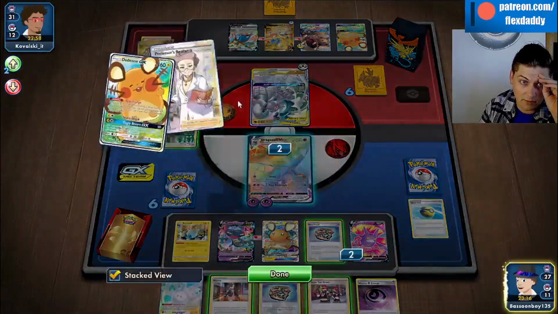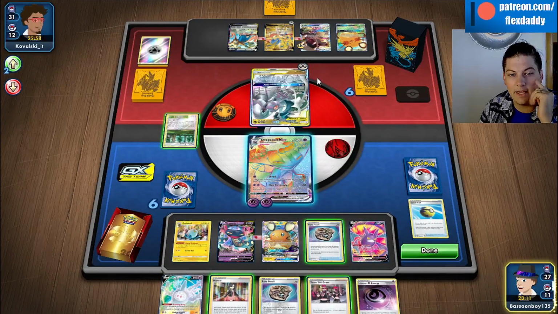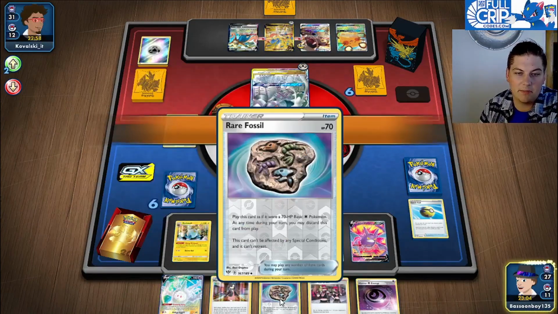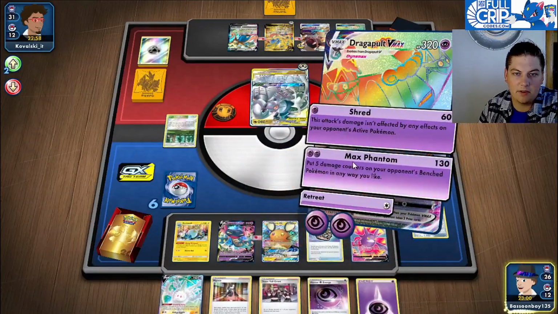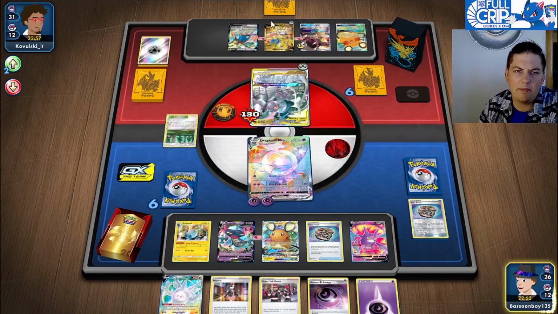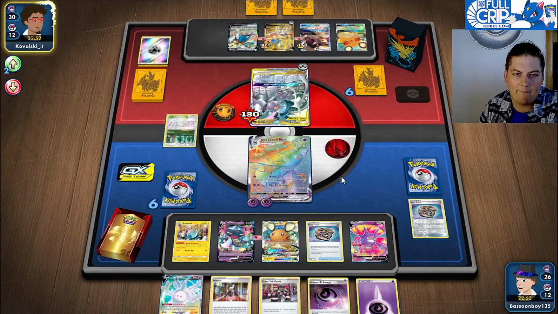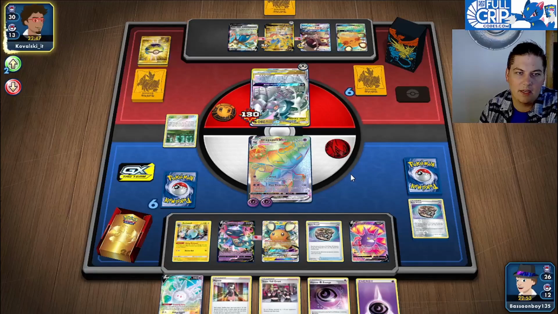That's kind of cute. I don't think we want to use Yell Grunt, because if we Yell Grunt them, then the energy goes back to their hand, and they could potentially use it to power up a Zacian. So I'm just actively not going to Yell Grunt. So let's go Max Phantom. And then we probably do 30 here. We maybe could have Yell Grunted their bench guy. That would have been okay. I'm thinking we try to save the Yell Grunt, but we're out of Crushing Hammers, so...